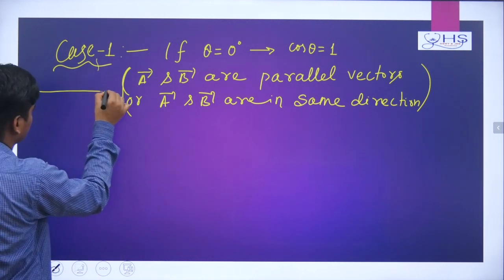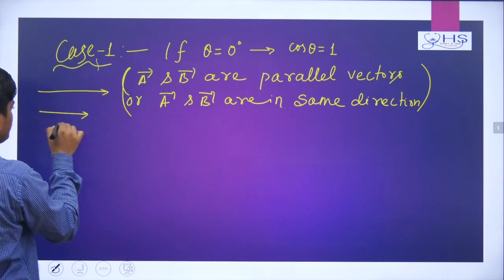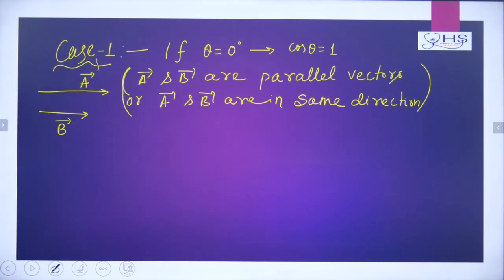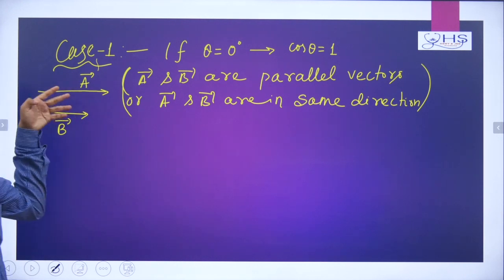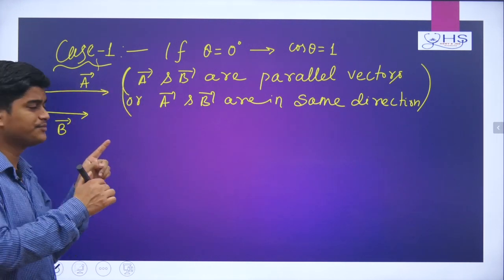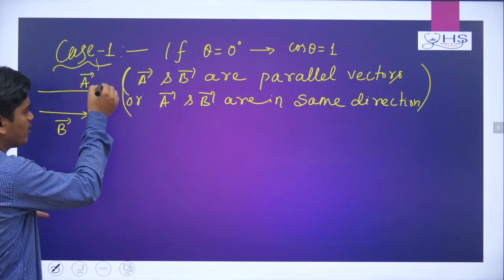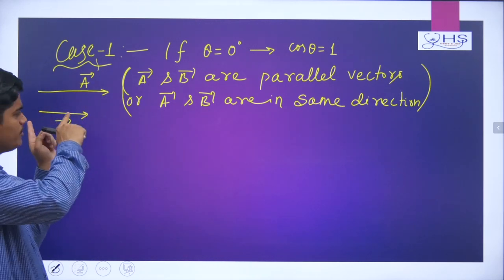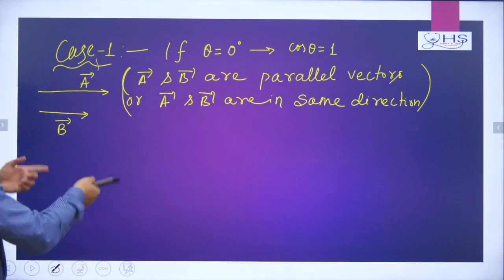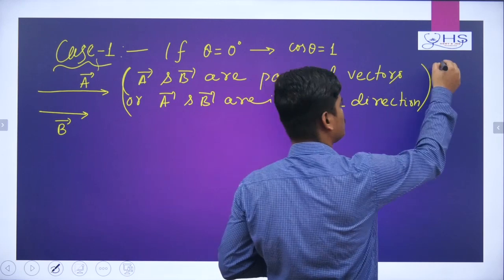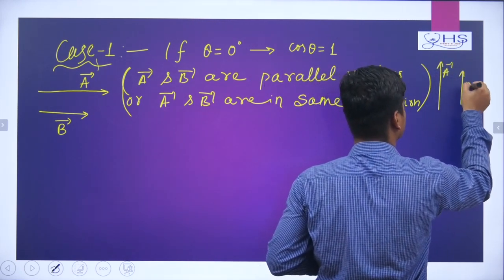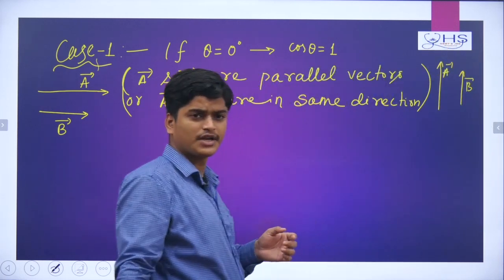How is it? Now here, suppose A vector and B vector, these two are different vectors. If both vectors are in the same direction, like this way, towards the right, it can be towards the left also. So this is the head of A vector, head of B vector. So both vectors are in the right direction. They can be in left also, they can be up also, so A vector can be like this and B vector can be like this. So this way also it can happen.